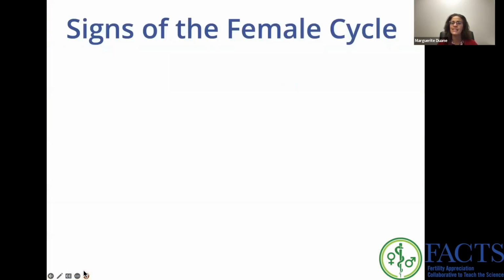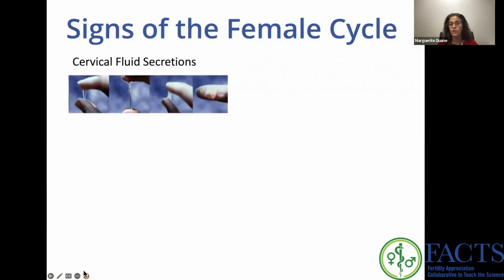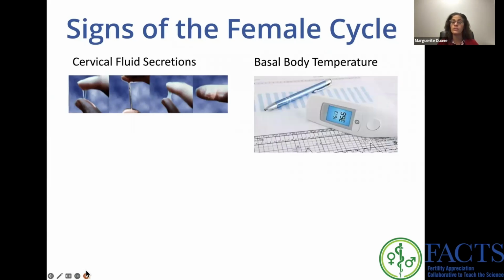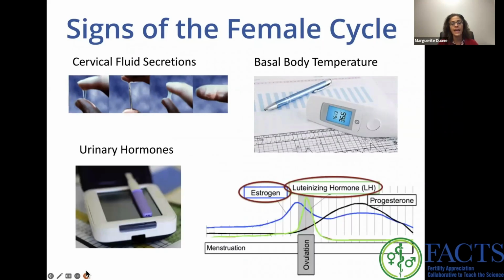I talked a little bit about the signs of the female cycle, and I just want to highlight them here. The three key signs that women can observe are cervical fluid secretions, which will vary depending on the hormones, basal body temperature, which rises under the influence of progesterone, and urinary hormone metabolites, which women can observe through testing her urine. Each of these signs give women valuable information about what is happening with her internal hormonal health. And again, women can use this information to monitor their cycle and identify that potential window when they could become